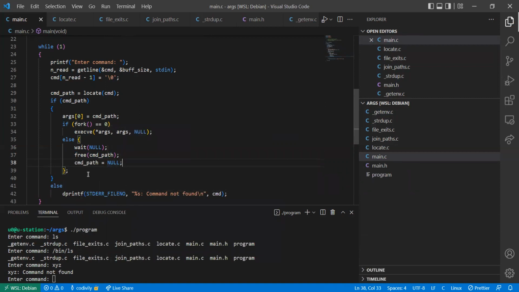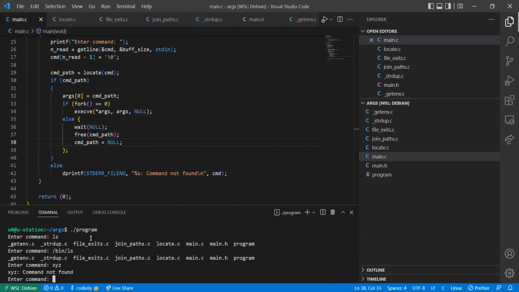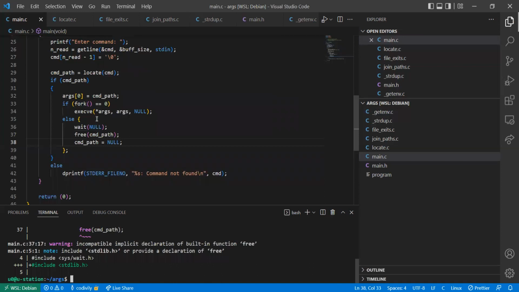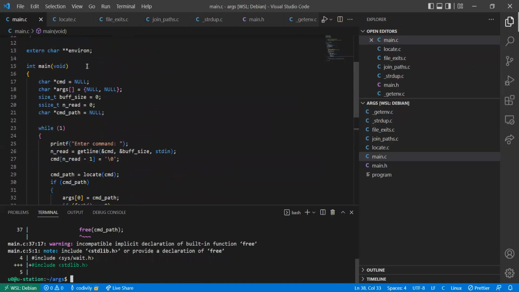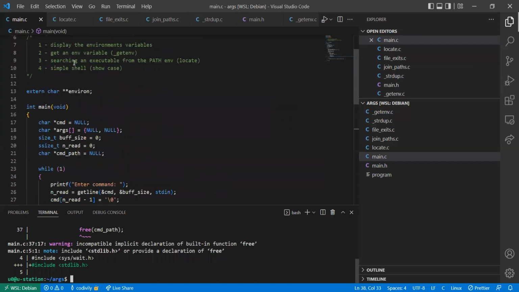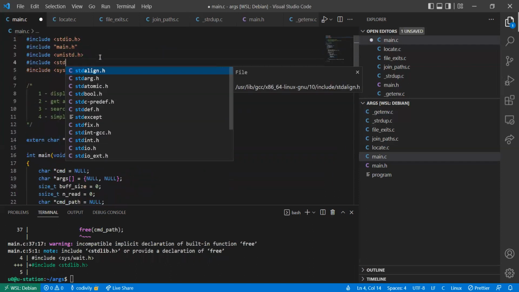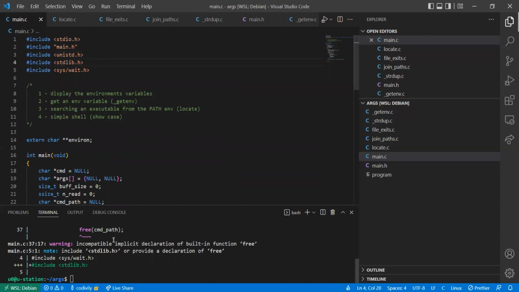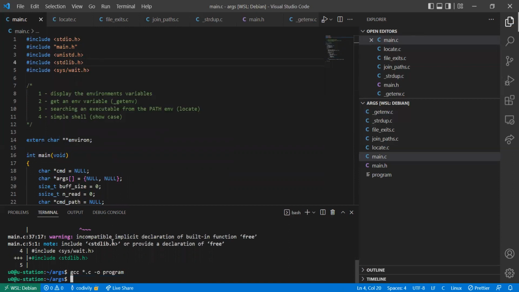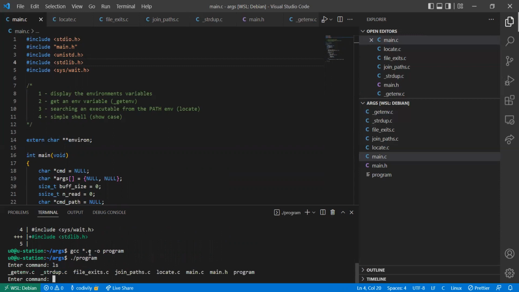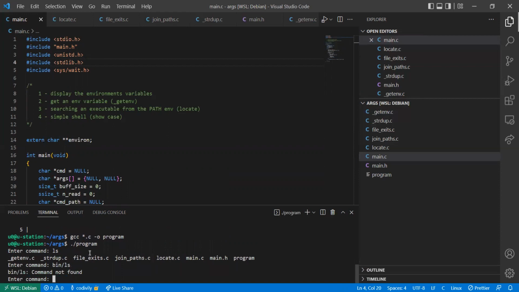And that's it. Now we're done. We're going to compile this code again to make sure that everything works fine. Oh, in order to call the free function, I need to include the stdlib library. Now let's run this program. Okay, you type in ls, it works. You type in bin ls, command not found. But if you type